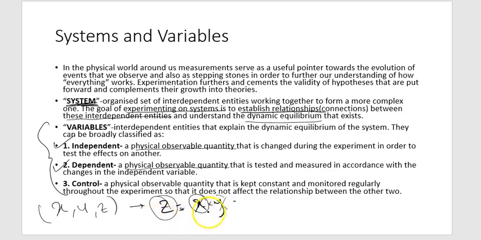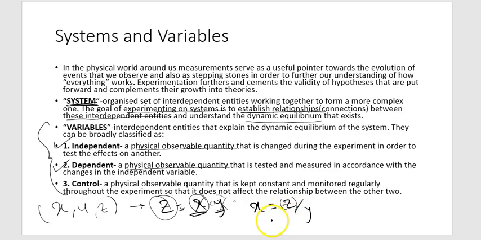So if I take z and x, then z and x are directly proportional if y is constant. Similarly, z and y are also directly proportional if x is constant, but x and y are not directly proportional if z is constant, because x equals z by y. So x and y are in fact inversely proportional. As x increases, y decreases, and vice versa, with z remaining constant. So these are a few things that come to mind that are used time and again in our discussions.